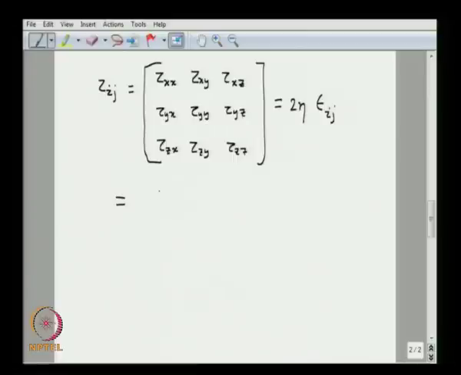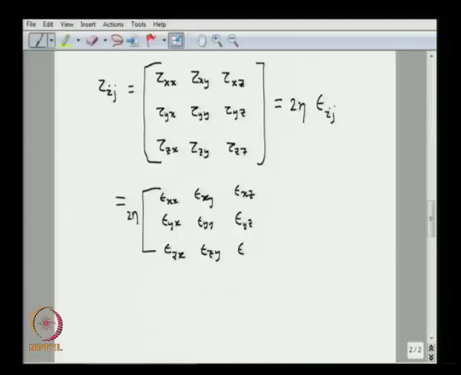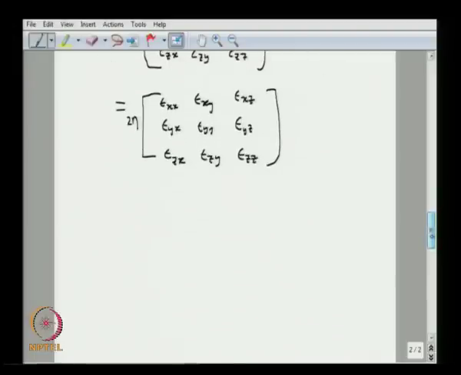So this will be 2 eta into the strain components. So epsilon xx, epsilon xy, epsilon xz, epsilon yx, epsilon yy, epsilon yz, epsilon zx, epsilon zy, epsilon zz. Now if you write down the expression for the strain, the matrix should look like this. It will be 2 eta, you write the strain in terms of velocity components, so del u over del x,